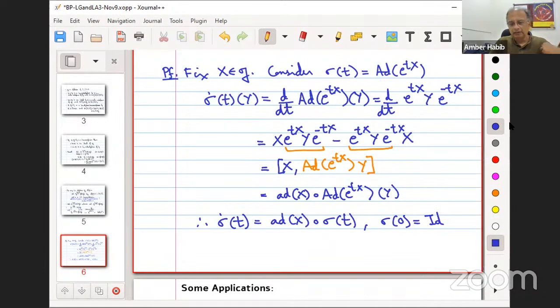And we have seen earlier that if something is satisfying this differential equation, with sigma dot t equal to a matrix times sigma t, then it has to be an exponential. That's from the power series definition of exponential. So this tells me that sigma t has to be